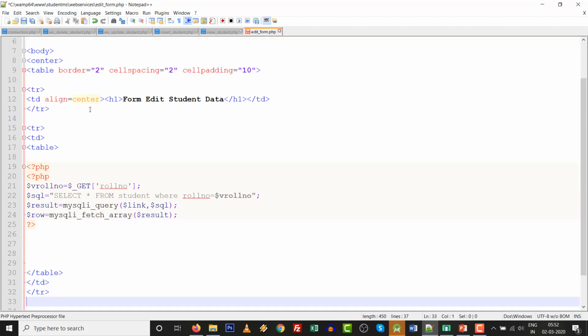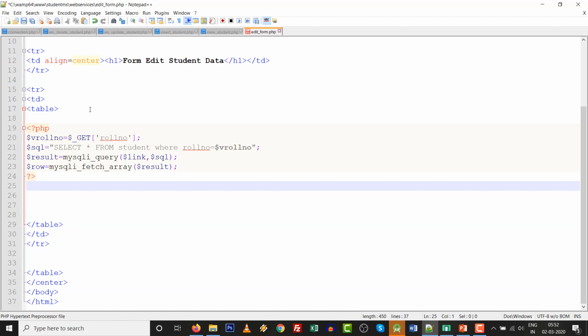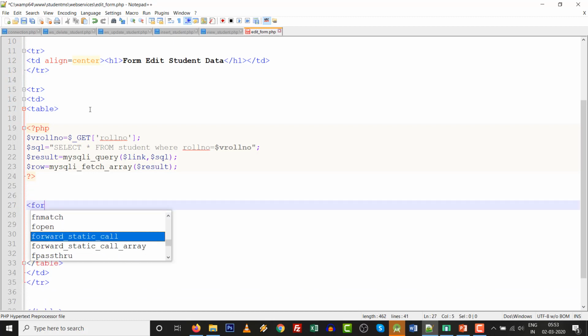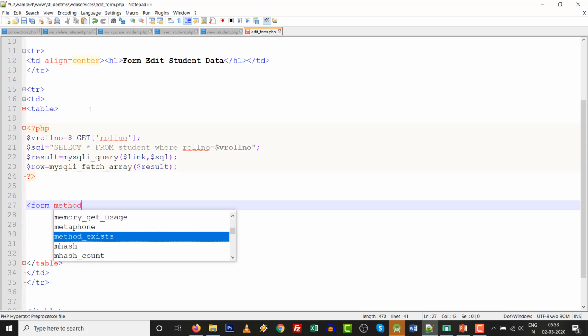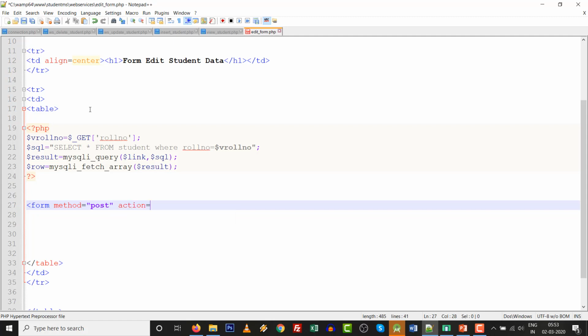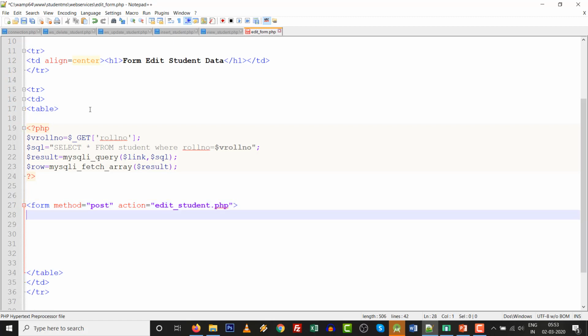Now we need to build the form over here. So form method equals to post. We need to define another file, which is currently remaining, edit student.php. This file is currently not available. We need to define it afterward. Then